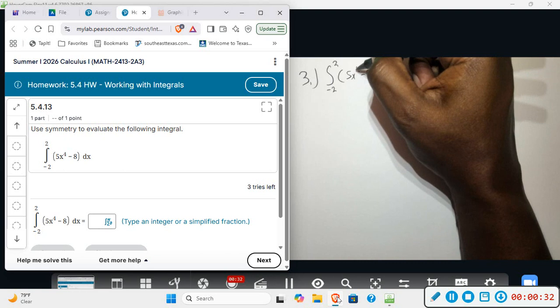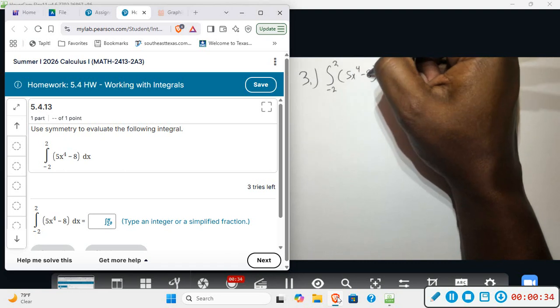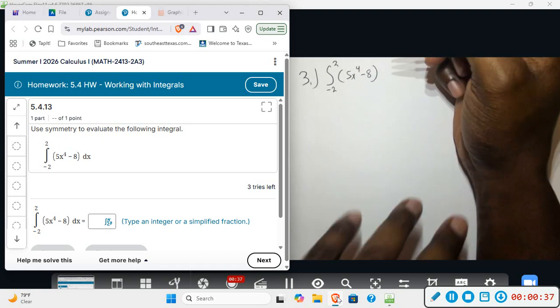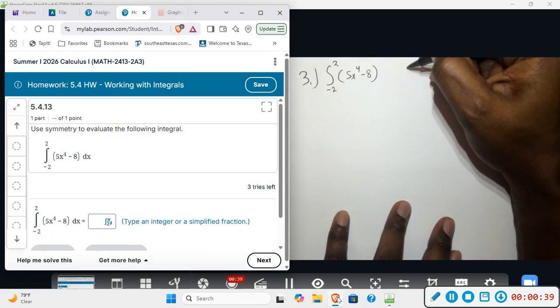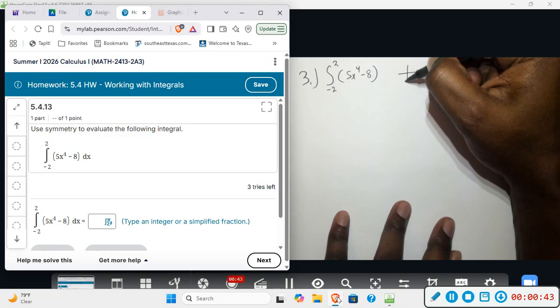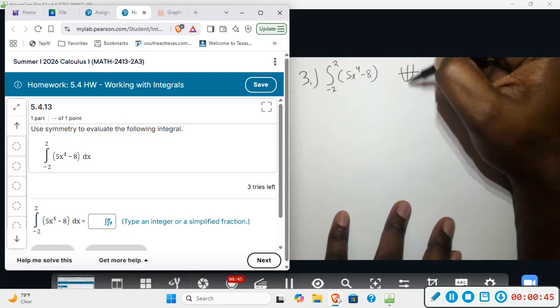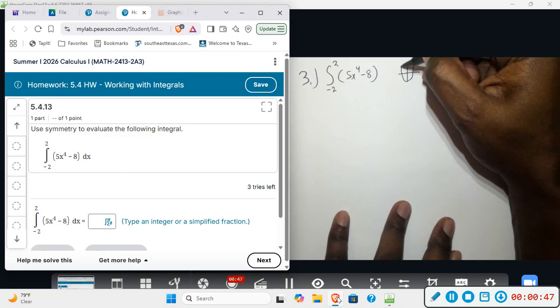Now, since there's not a shift left or right, we would know that if it had another x term, this is an even degree. All it has done is shift up or down. So this would give us the shape of a parabola, shifted down 8 units, and it would be opening up because it's positive. So this would be even,